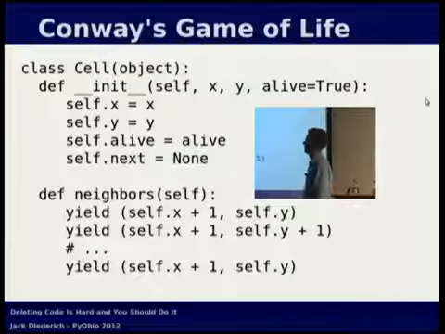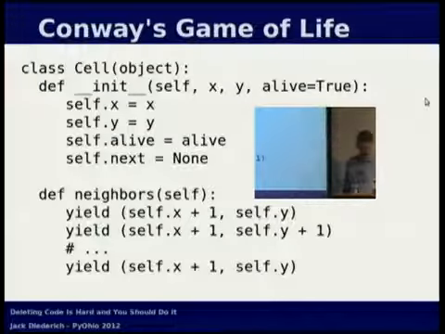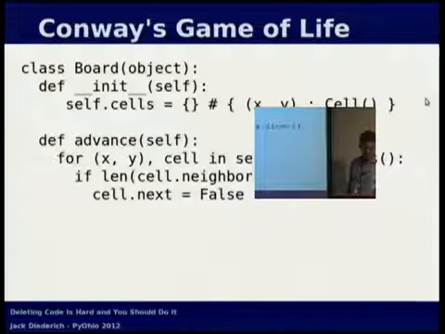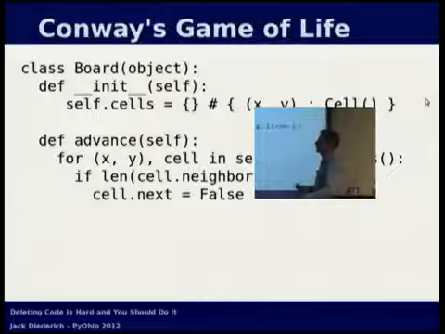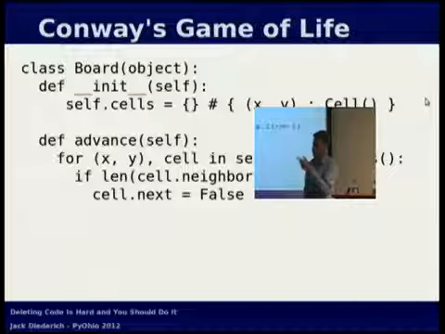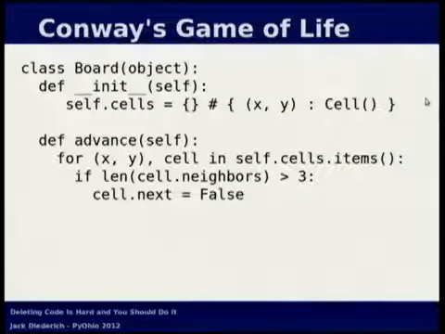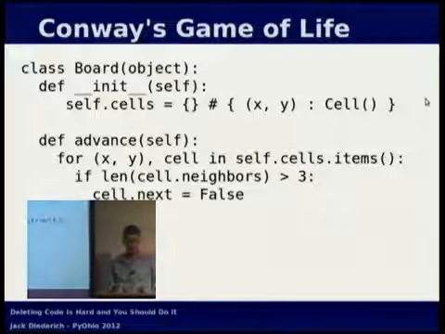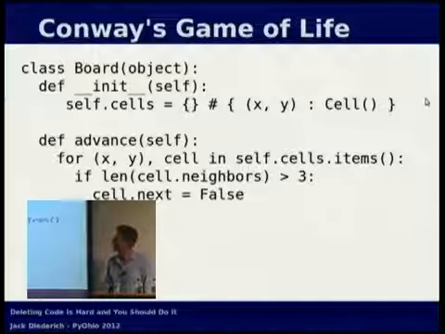So a typical implementation will look like this. A cell has coordinates. It's either alive or it's dead. It'll be something else on the next move, and it has a way to look up who's next to it. Once you have cells, you need a board, and you need to keep track of where the cells are in the board. Then you need some stuff that says walk the board and figure out whether this person should be alive or dead next time. This has some of the same problems as the cell. Advanced may or may not be a kind of unique name, depends on how big your code base is. Self.cells, it's probably fairly unique, and you can grep for that.